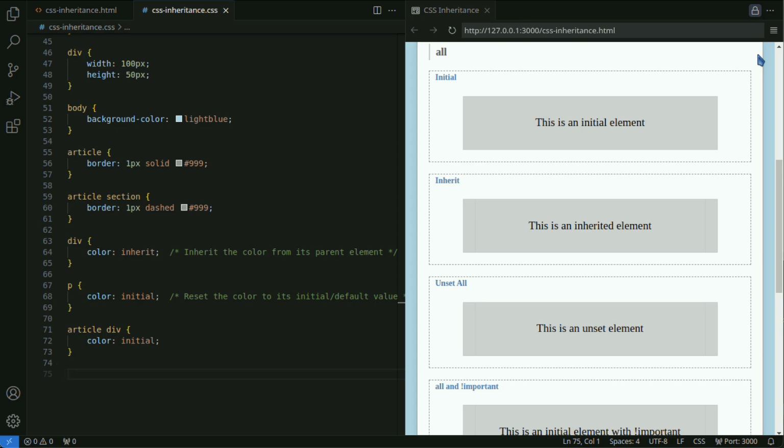Inherit inherits all properties from the parent element. Unset inherits the property if it is inheritable, otherwise resets it to its initial value. All is very useful when you want to reset or set multiple properties in bulk, rather than setting only specific properties individually.